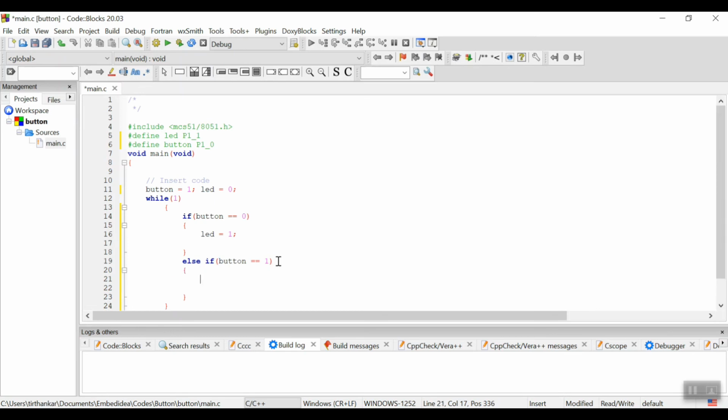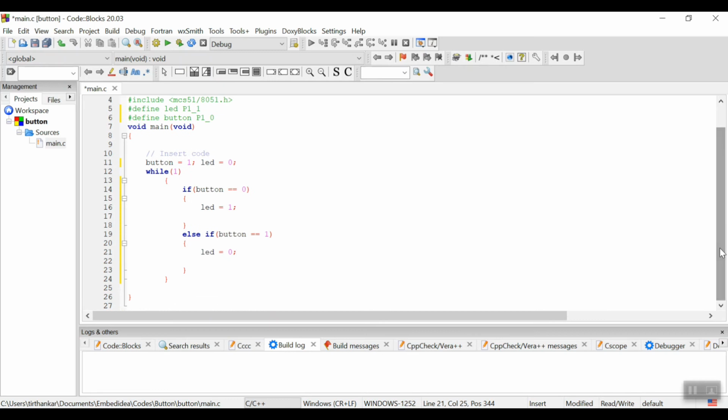As you have already understood from the circuit, LED will be 0, so LED will not glow. This is my simple program, that if button is 0, that means button pressed. Let me write here button pressed, and here button is not pressed, then LED is off. This is my simple program.